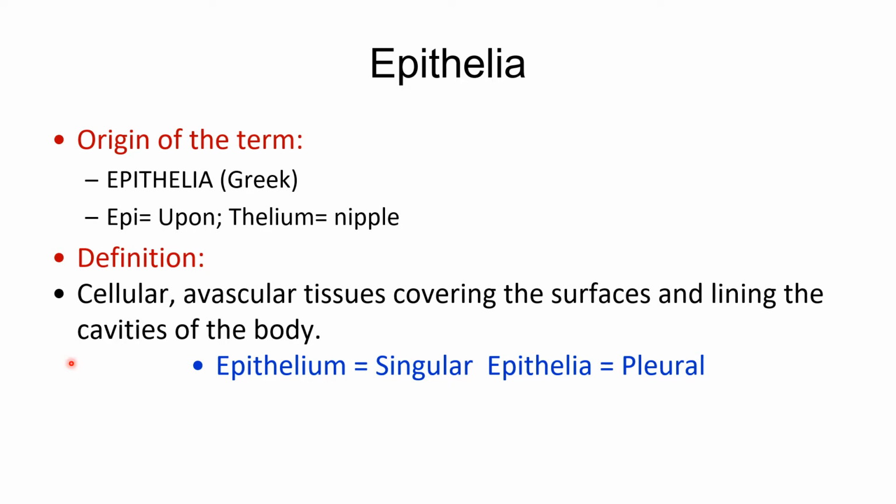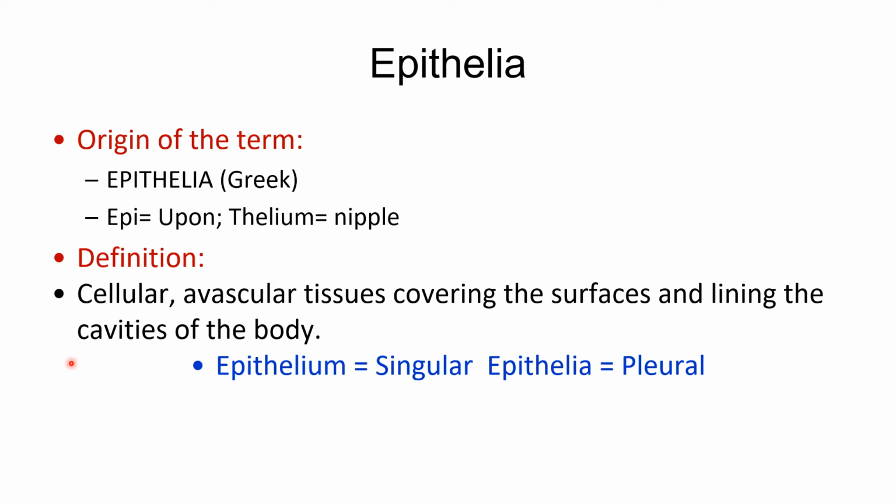The definition of epithelium: cellular avascular tissues covering the surfaces and lining the cavities of the body are epithelia. So the definition for epithelia is cellular avascular tissues covering the surfaces and lining the cavities of the body. So it says epithelia contains cells and there is no blood supply for the epithelial tissue, and it covers the